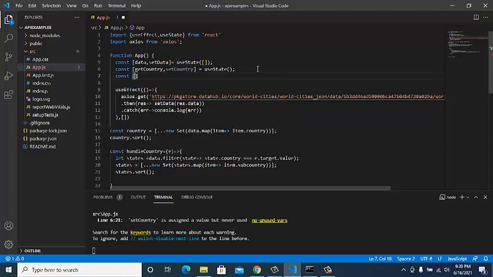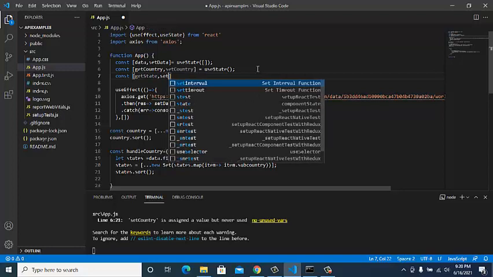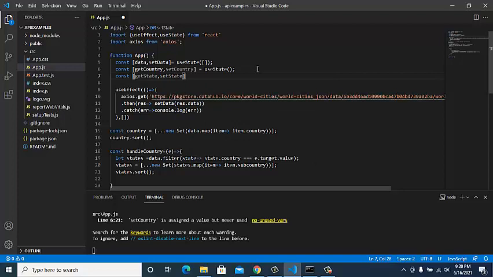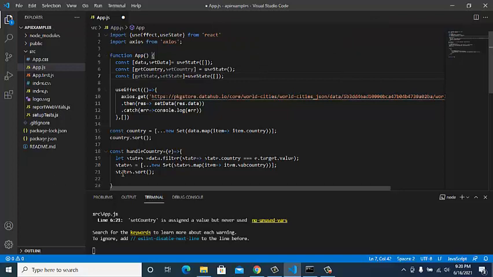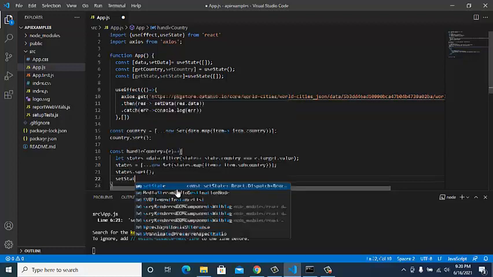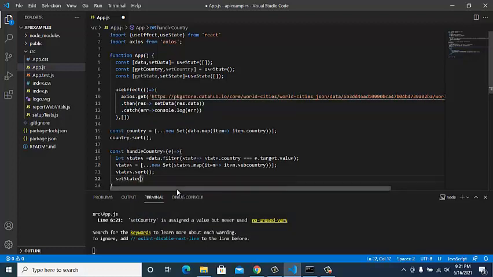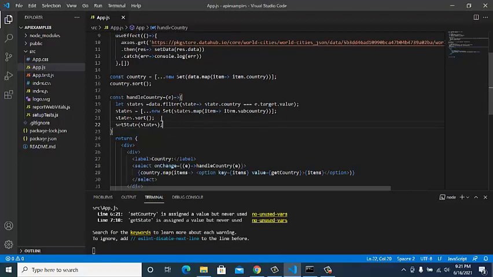So const [getState, setState], and we will use state to show everything. Let it be an array, because here we are giving an array. So we write setState and pass this states array. Now we have all the states, but I think I have not shown you.